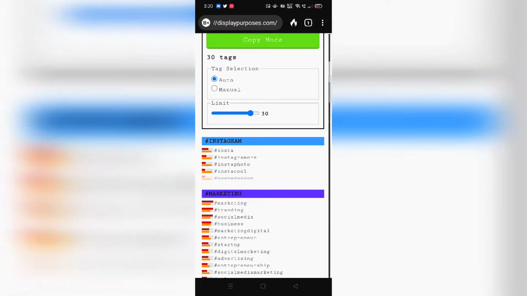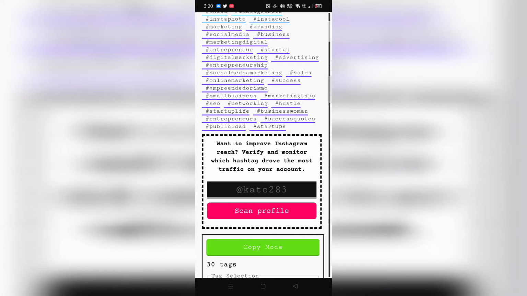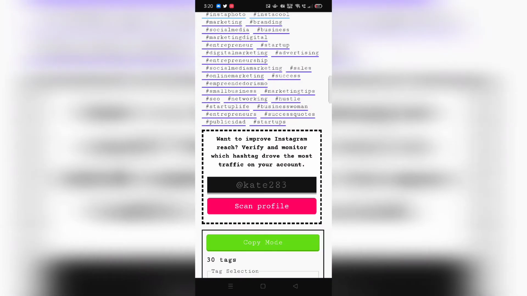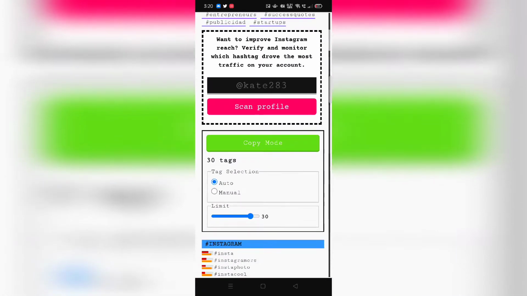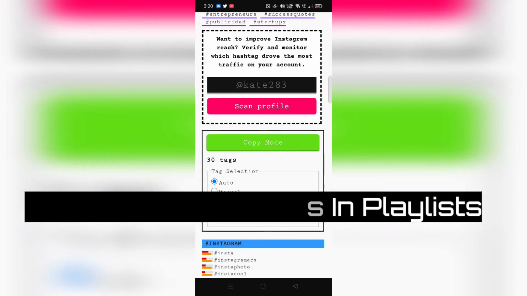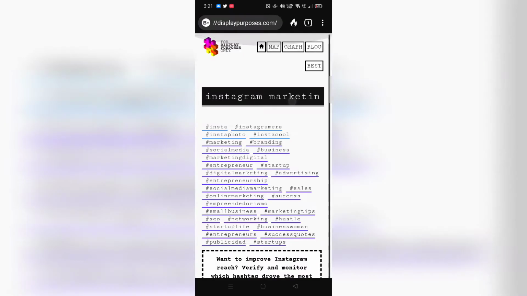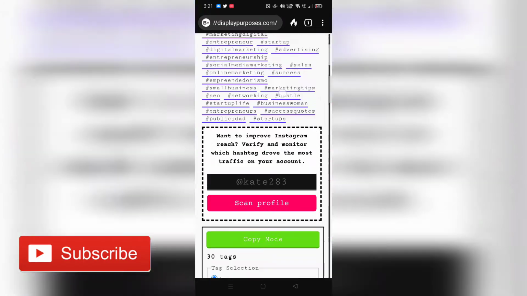This is just a tool I wanted to share with you guys, because there are a lot of times that I do not personally want to get into hashtag research when uploading a picture of mine. I just like to click sometimes, and I just want someone to give me the 30 hashtags in hand, and I just want to paste them. So this is a go-to tool for me.